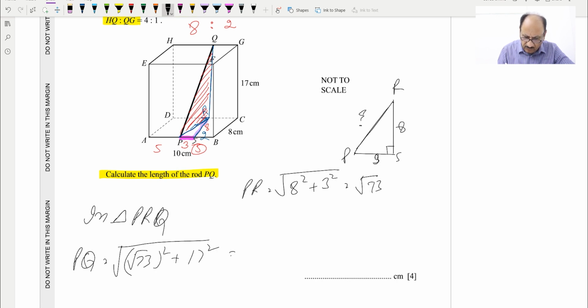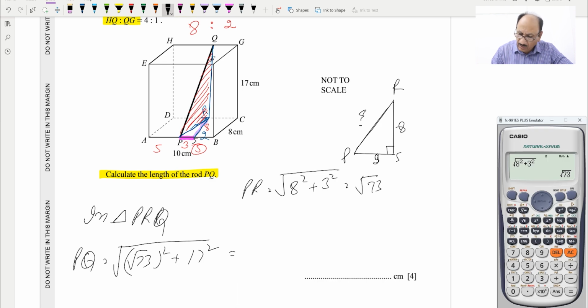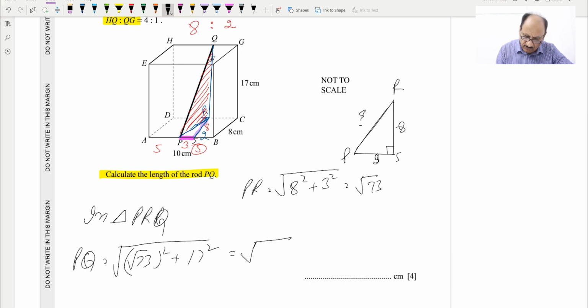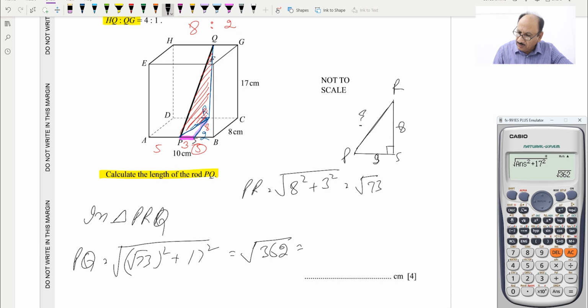Again we have applied Pythagoras theorem, and this is giving us the square root of 362, and the decimal value will be